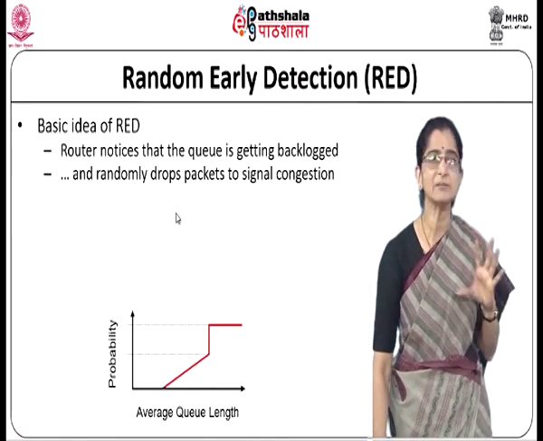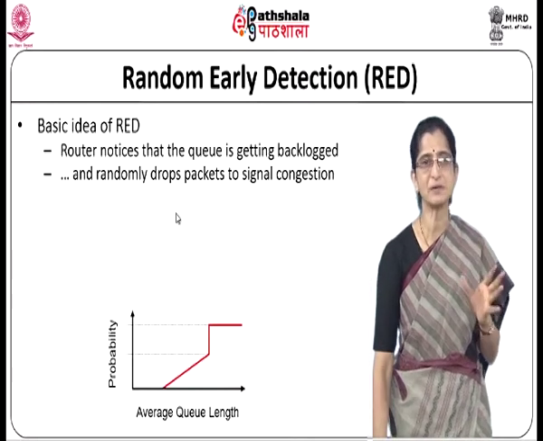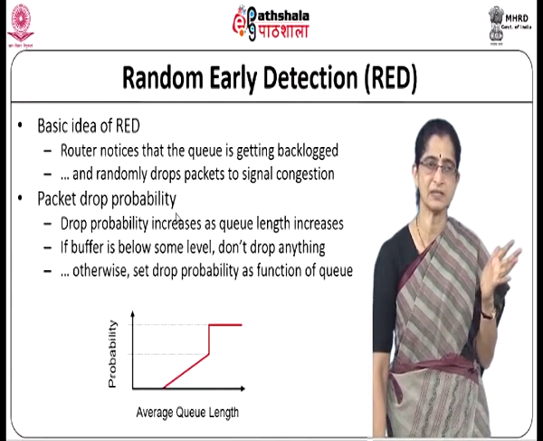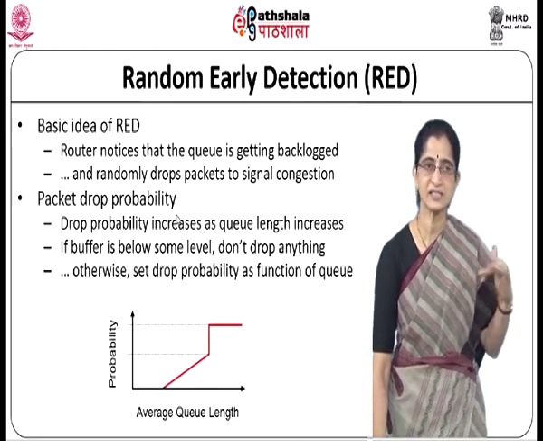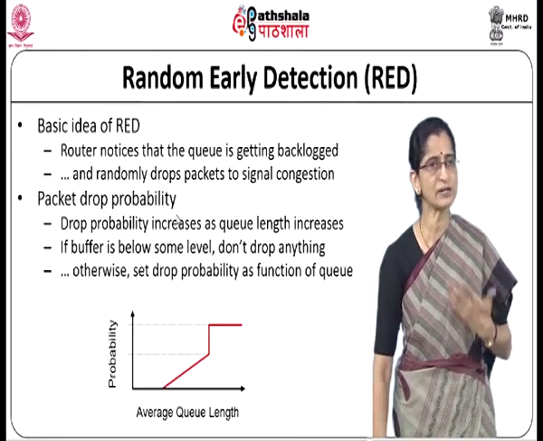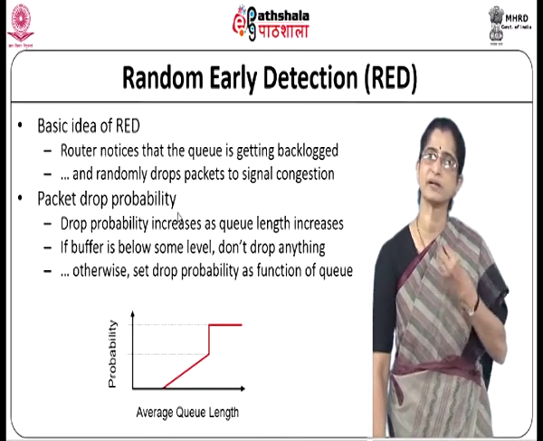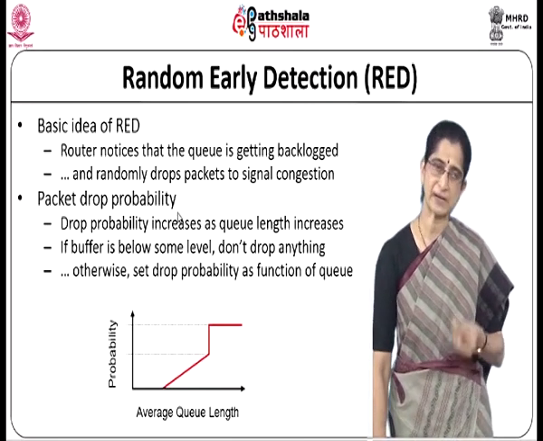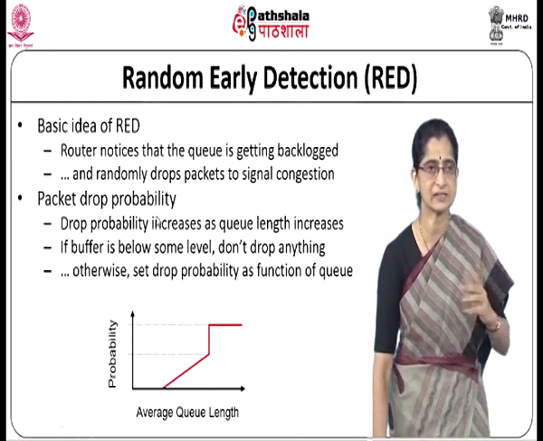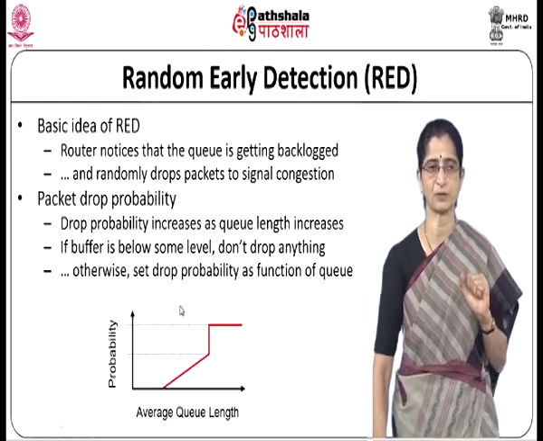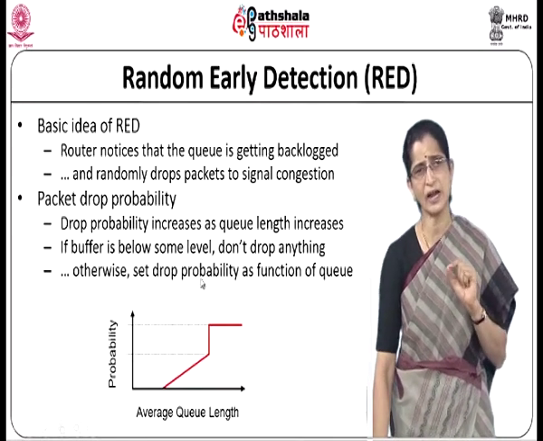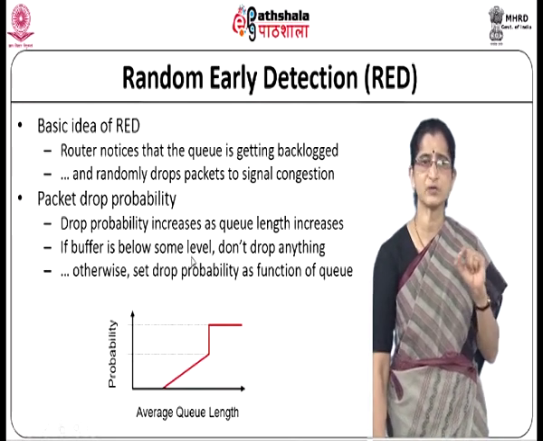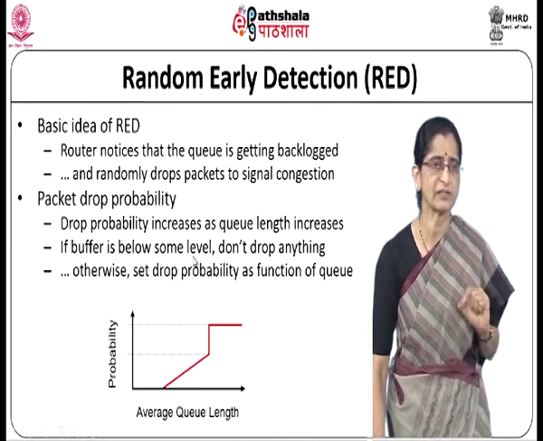The moment it randomly drops packets, that becomes an indication of congestion to TCP, and TCP starts reducing the amount of data it is sending into the network. That is based on TCP's normal congestion control mechanism, because when it does not get the acknowledgement for a dropped packet, it automatically decreases the congestion window size. So this is what we do. But we said we will randomly drop packets. If we are going to randomly drop packets, then obviously we need some kind of drop probability that we will need to calculate.